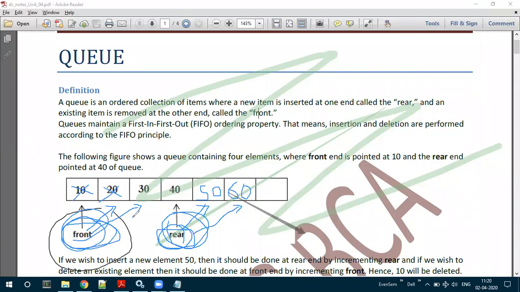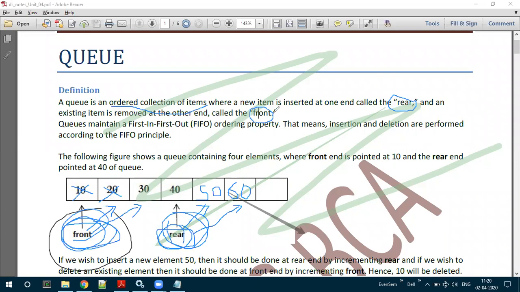So the definition of queue you have to remember has these key terms: queue is an ordered collection of items, new items are inserted at the end called the rear, and existing elements are removed from the other end called the front.